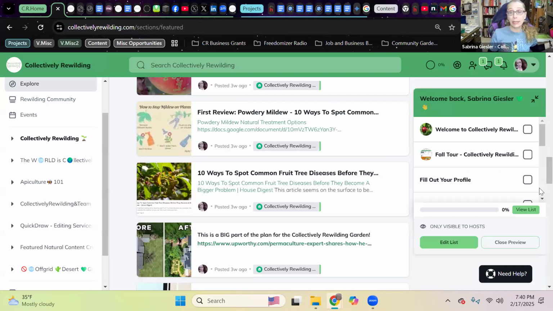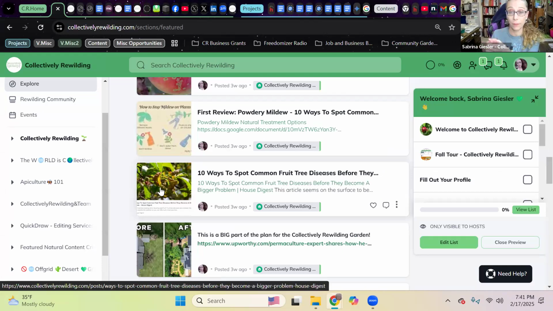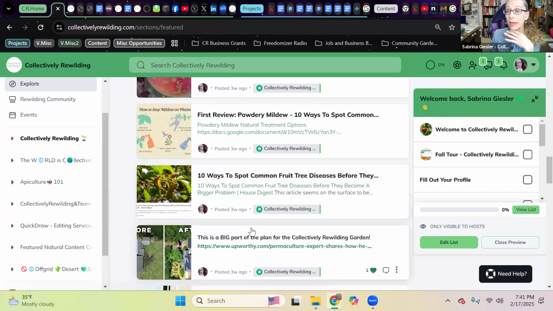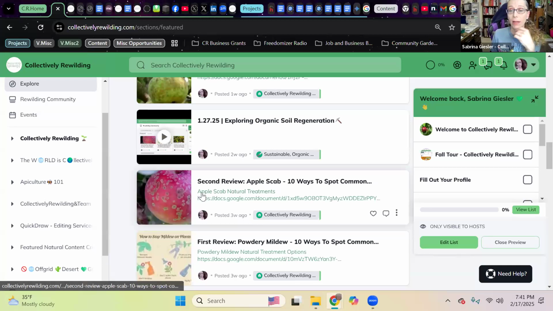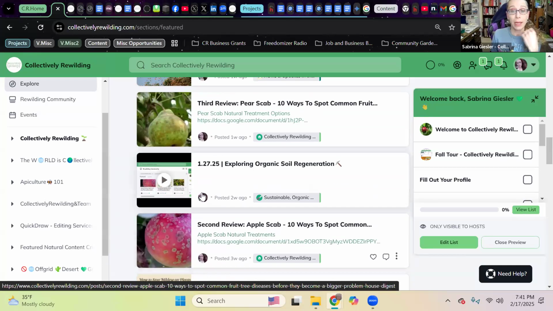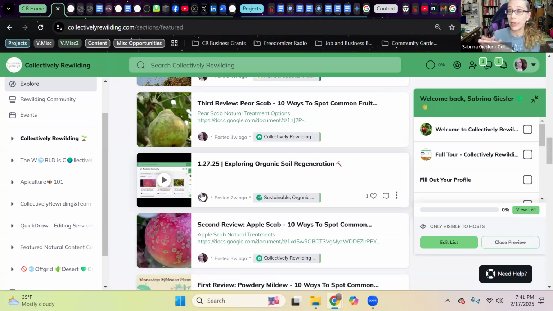There are a lot of different diseases in here that you can look over that cover all kinds of different plants. Even when it's going to put something into the title like apple or pear, it may include other trees. So just take a good look if you have any trees at all, go through these to be aware of the natural treatment options that you have available to you.